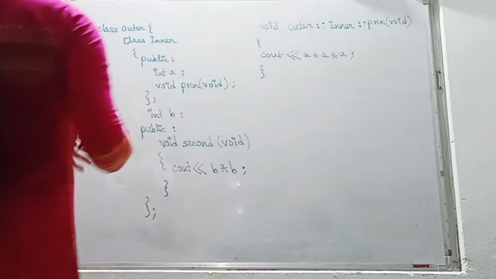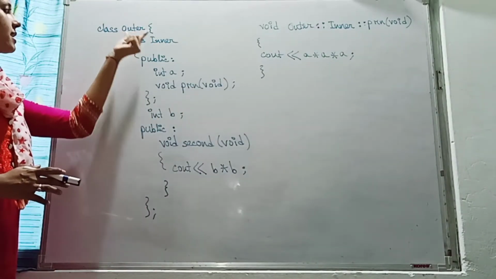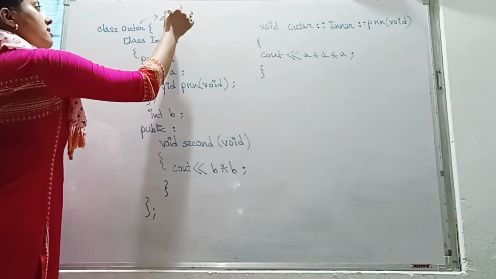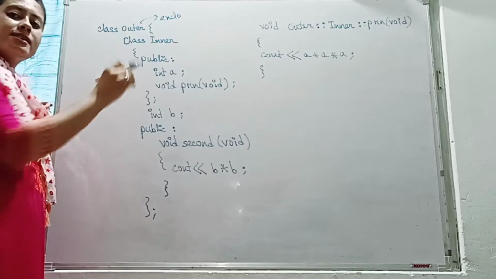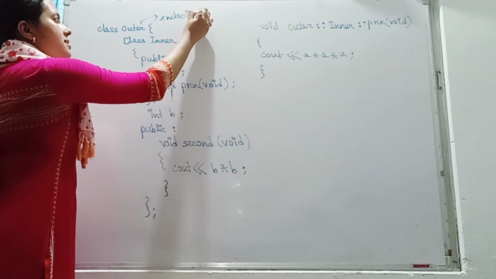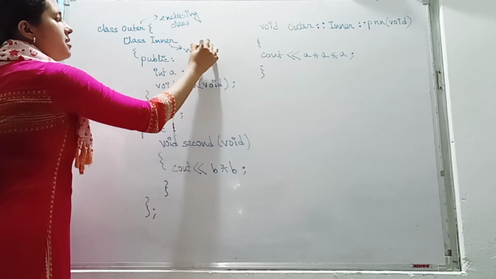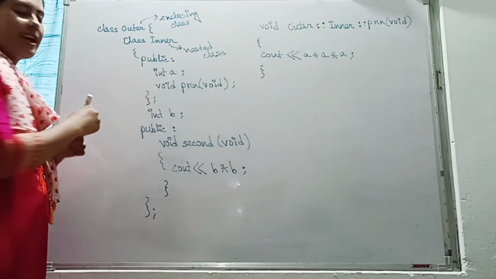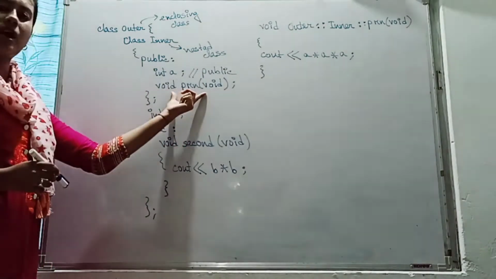Now you see, if we want to write a function globally, what we will do? This is our enclosing class, this is the nested class which is named inner. Outer is not the thing that you have to write in every program. This name is up to you, up to the user. The user needs to assign the name. So you must remember, this is the enclosing class, and inside this class another class is known as the nested class. Inside this nested class, under the public section we have defined this A. So this A is a public data member, and inside the public section we have defined